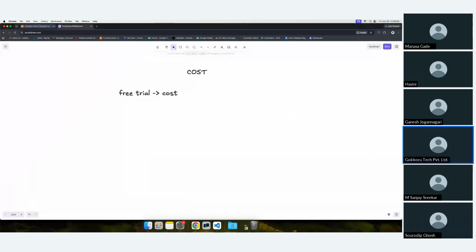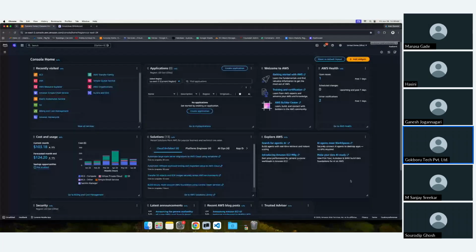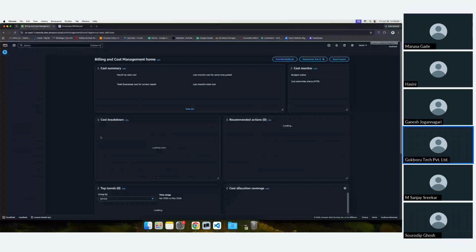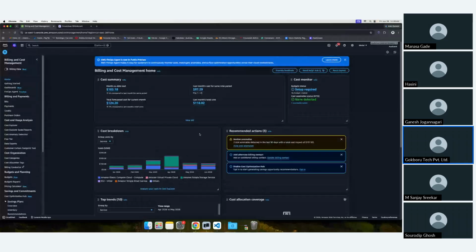So this is my AWS console. If you see, my current month charge is $103. Sometimes it can go up to $124 for this month. So this is how it's shown. I can go into Billing and Cost Management, and it gives me a complete detailed analysis of what is costing me, and that's how I can understand the cost based on the services. So if you see the cost breakdown for my June services,